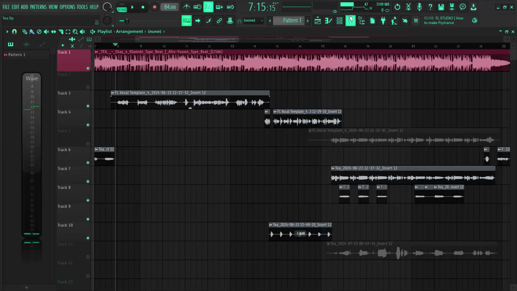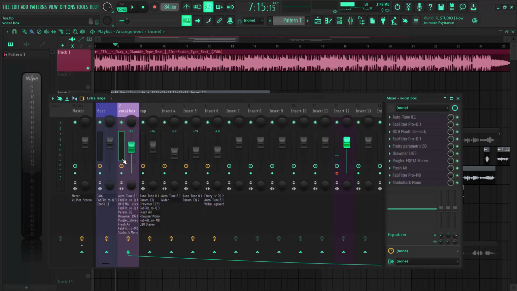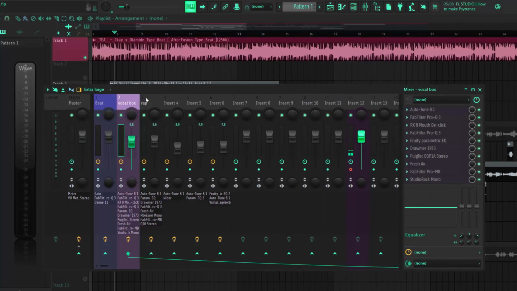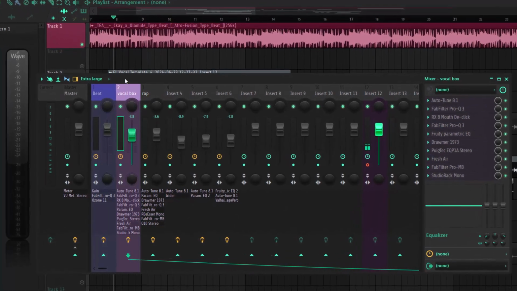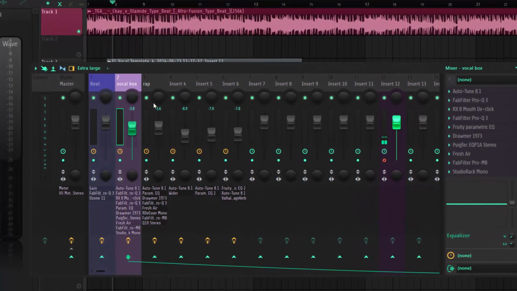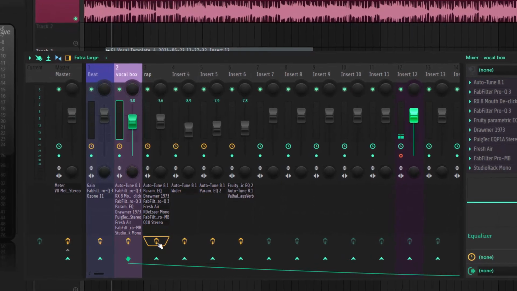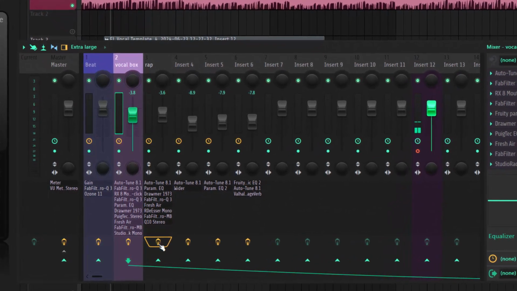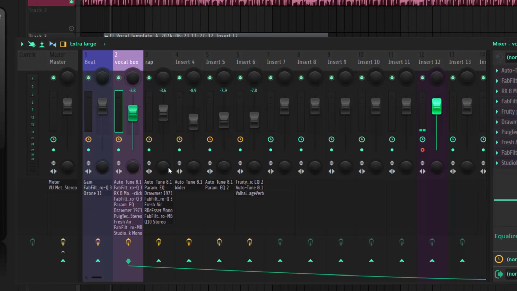Alright, so that is how it sounds with the mixing process on everything on it. And for now, I'm going to take off everything I did here. So I think in this mix, we have the rap aspect and we have the normal lead vocals aspect, and we're going to talk about the main vocals, the singing aspect. We're going to leave the rap aspect out of this because I mixed it separately.